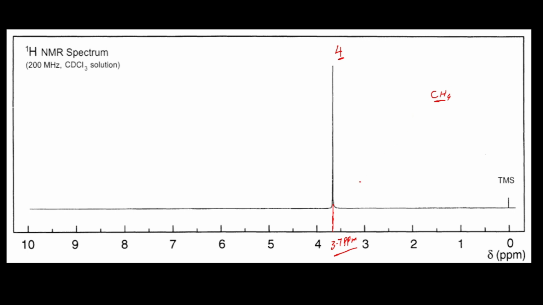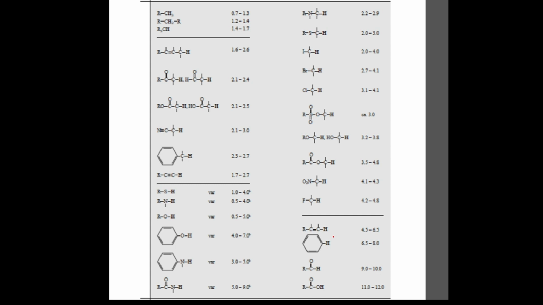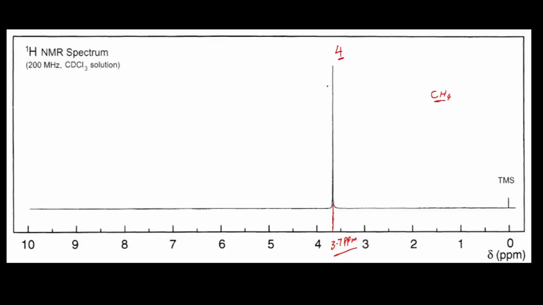But as you may see, the chemical shift value is coming at about 3.7 ppm. This is a very large ppm value for just methane or methyl. As you may see, for the alkyl groups the ppm value is just coming till here. If the values are coming here, it means it is attached with an electron withdrawing atom, that is withdrawing its electrons towards itself. So it means it is not a